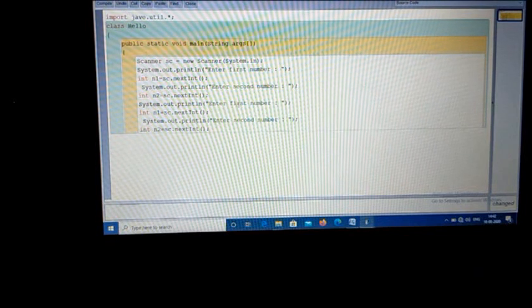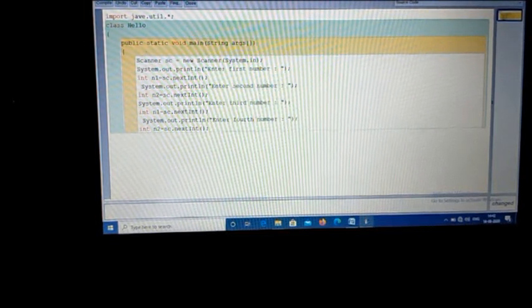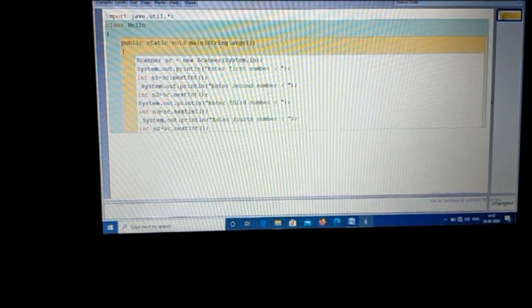Suppose I want to take four numbers from outside. Control C, Control V. Here I mention third, T H I R D, third. Here I mention fourth, F O U R T H, fourth. And here I mention the variable name n3. Here I mention the variable name n4.